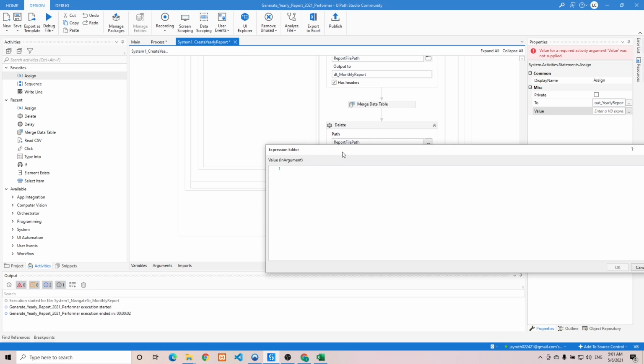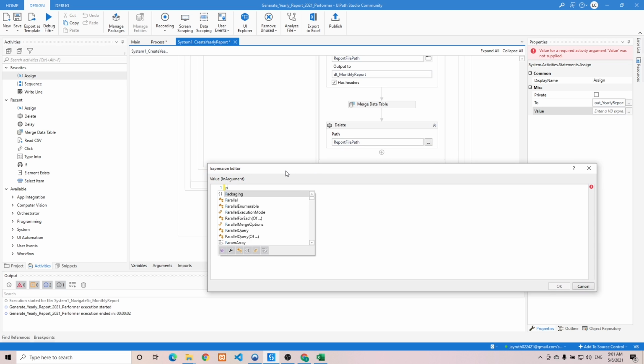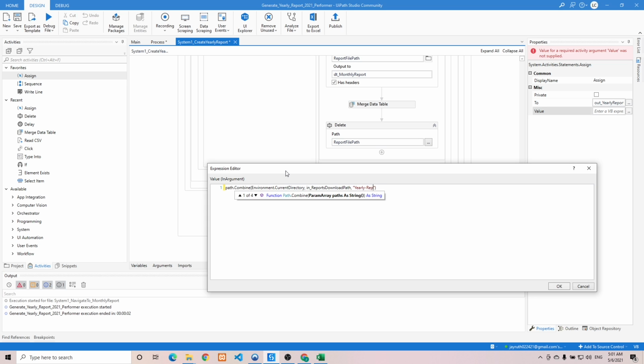So it will be equals to Path.Combine, Environment.CurrentDirectory and in reports download path, then yearly report dash, oops, that should be part of that string, plus in year, plus a dash, and then followed by in tax ID and